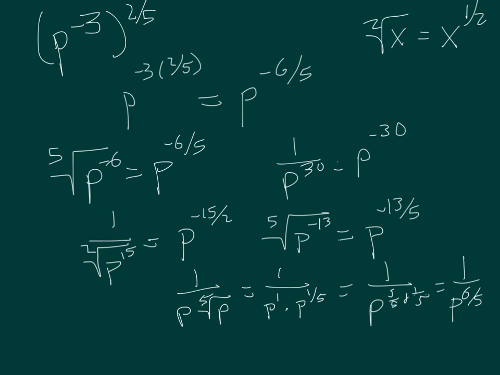The last one has a negative 1 on the p and a 10, that would become p to the negative 1/10, which is definitely not equal to the 6/5, right? So that's why those two were the only ones